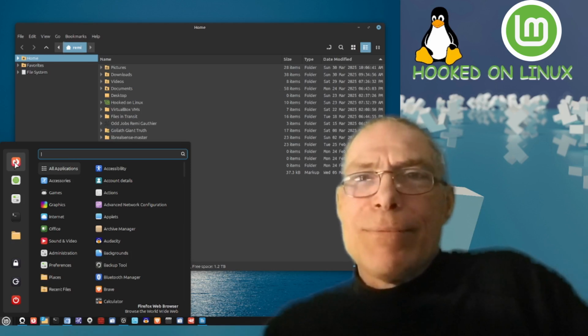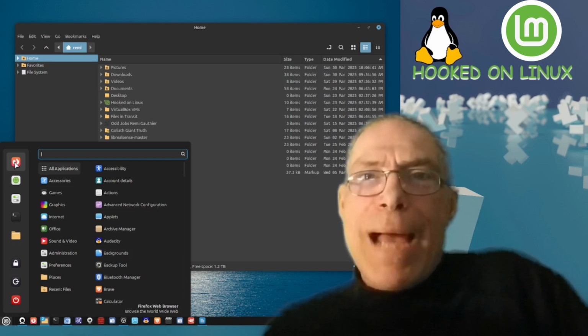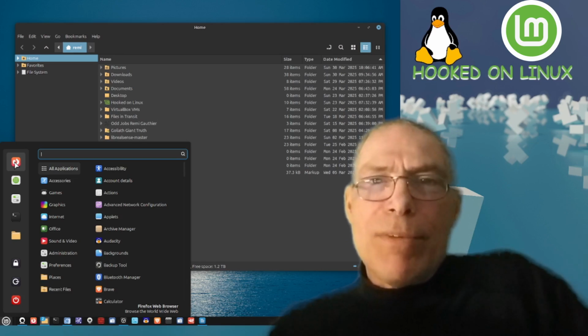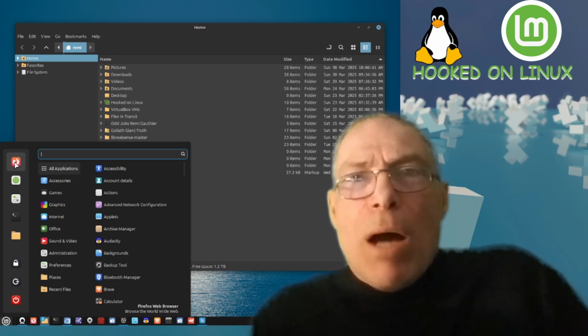But fortunately, it doesn't have to cost you an arm and a leg to use the programs and software apps on Linux. This is the great benefit, and the developers are top notch.